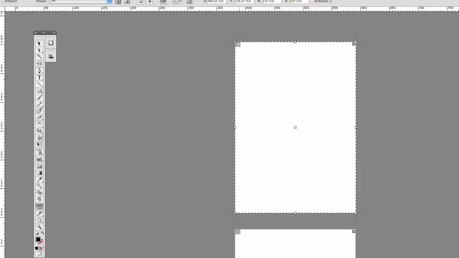If we want to start measuring our document from the top left hand corner, what we can do is left click and hold on the top left hand side of our rulers and drag it over